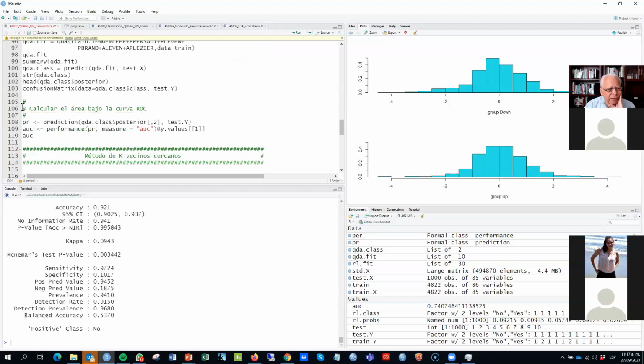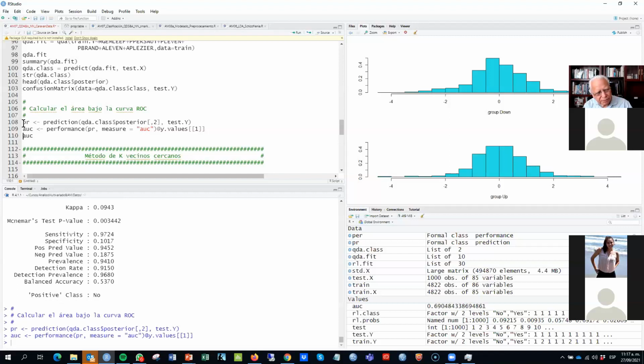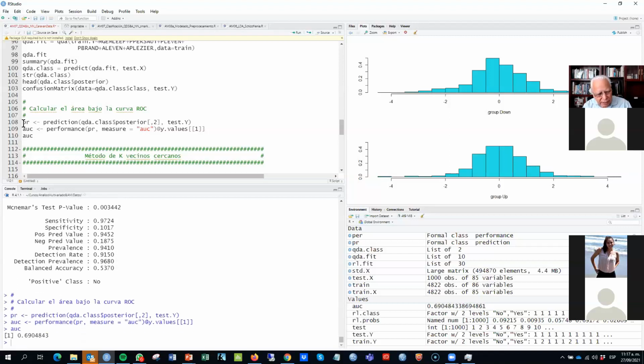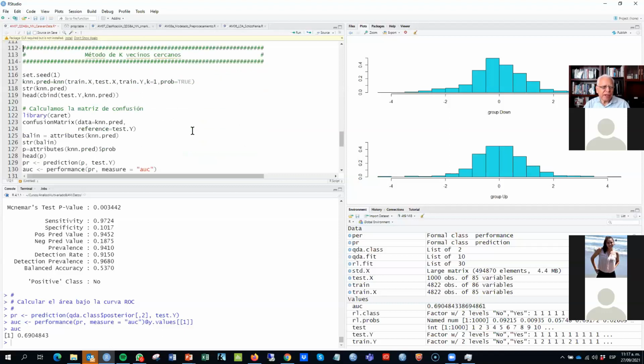We compute the area under the curve. And here, it's the same way that we did it earlier. And now it's 69%. So I get a lower area under the curve for this quadratic discriminant function. Now let's run the k-nearest neighbors. When we run the k-nearest neighbors,